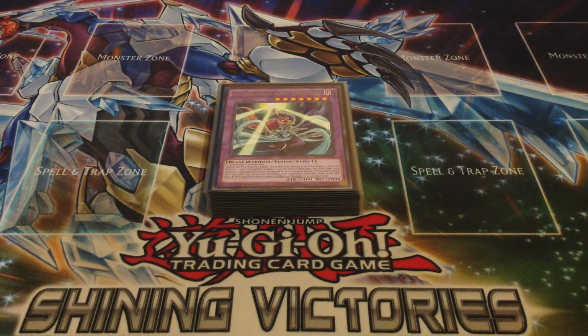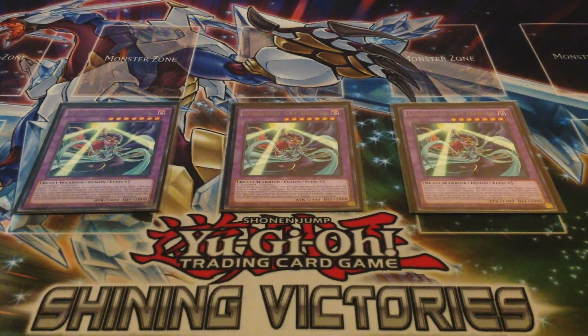On to the extra deck. Starting off our extra deck, we got Lunalight Cat Dancer. Now, Cat Dancer is the main fusion monster that we're going to be summoning simply because the requirements are pretty easy. It just requires 2 Lunalight monsters to summon,